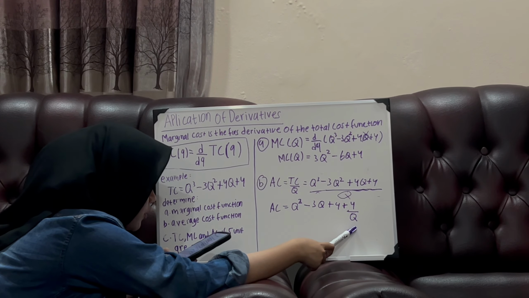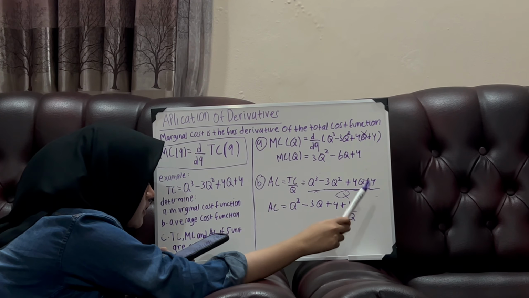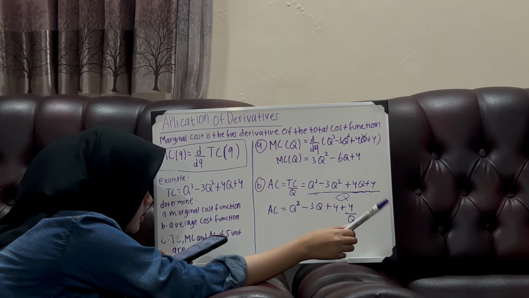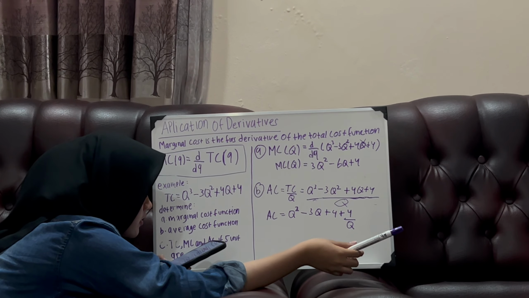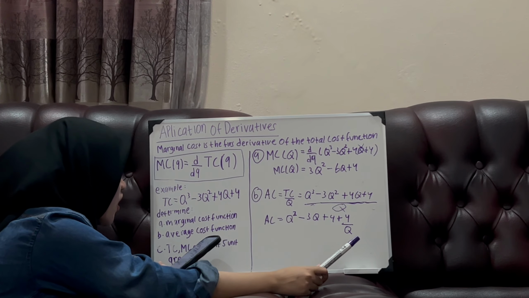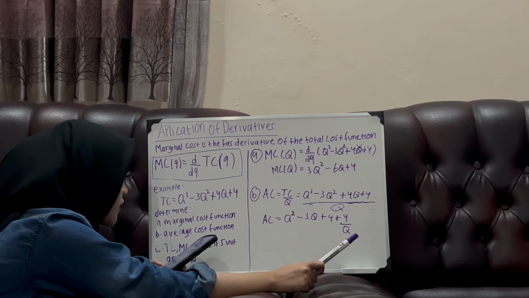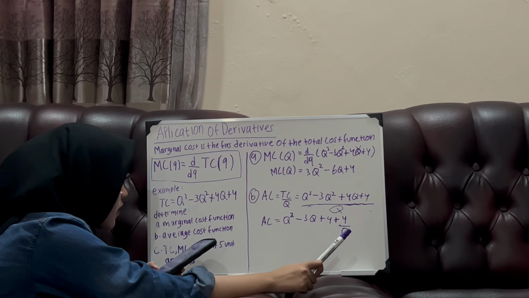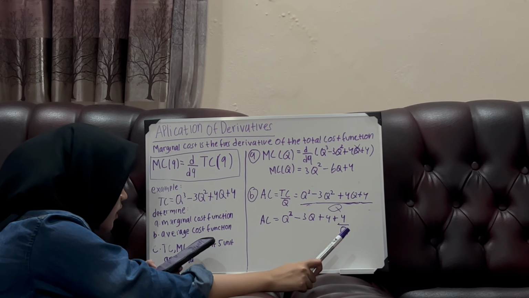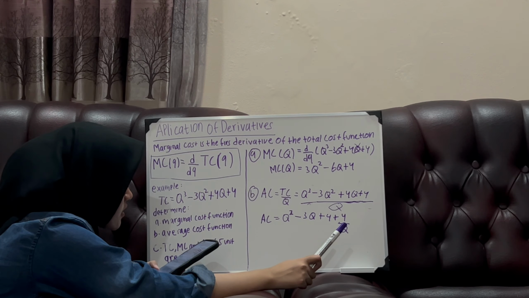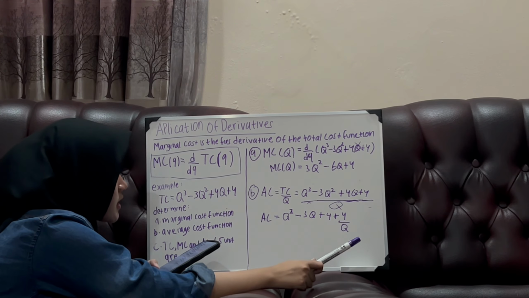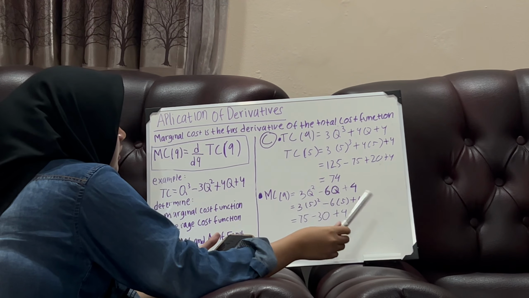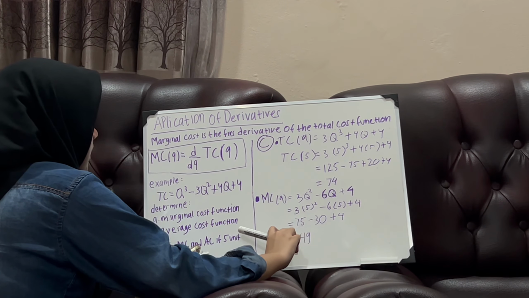Why 4 per Q? Because this is the average fixed cost. Average fixed costs are costs that do not change regardless of the mode of production. As quantity Q increases, this average fixed cost will decrease because the fixed cost is spread among more units. So the last, C,